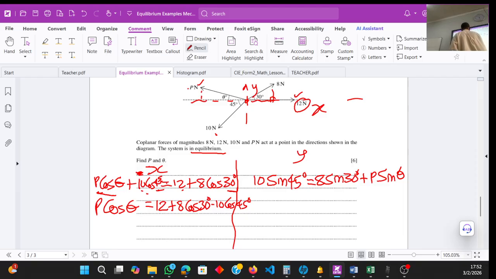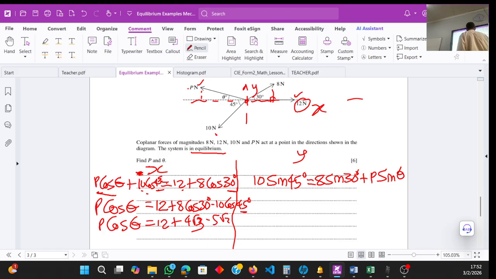Still continuing with the simplification because I have special angles here. So it will break down to cos theta here, 12 plus, well, cos 30 gives us root 3 over 2. Root 3 over 2 times 8, so it tends to be 4 root 3. So let me probably write my 3. Then we have cos 45 there. Cos 45 is the special angle, which gives us root 2 over 2. But there's a 10, so to multiply 10 with root 2 over 2, it simplifies to minus 5 root